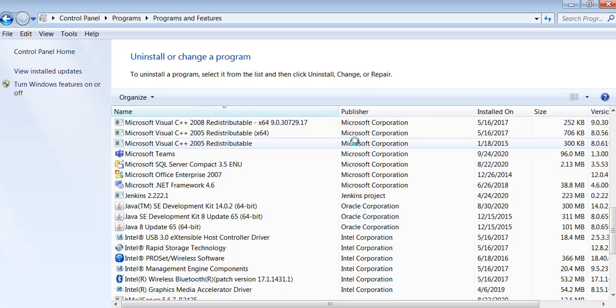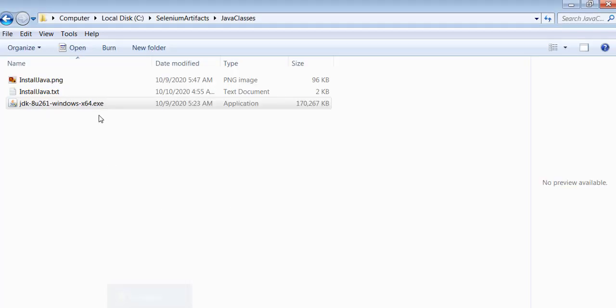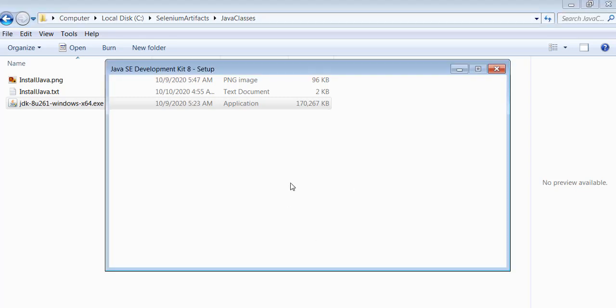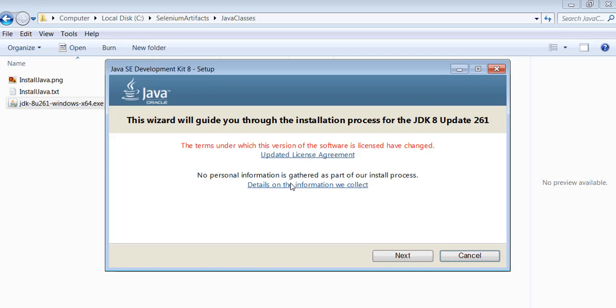So this is how you can uninstall the version and go ahead with the latest version again, if you have any version, or if you want to use the same version to download again. So let me double click on this software now, which I have downloaded. Now click on Yes here. Yes, now we are able to see the wizard which will help us to install JDK in the laptop.